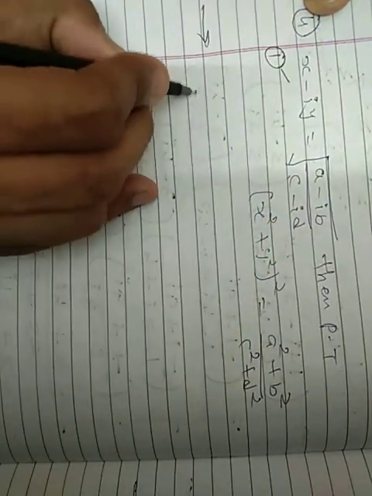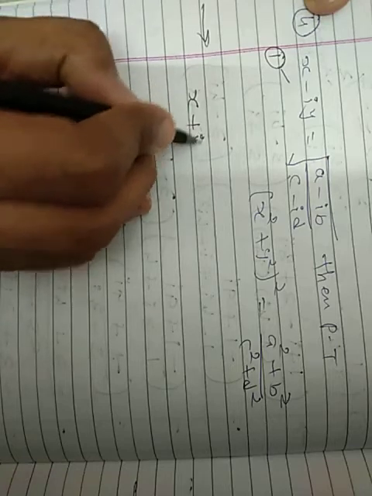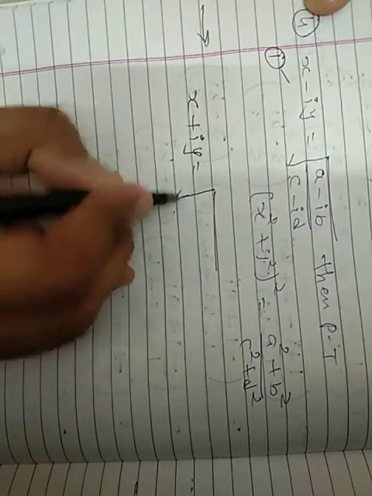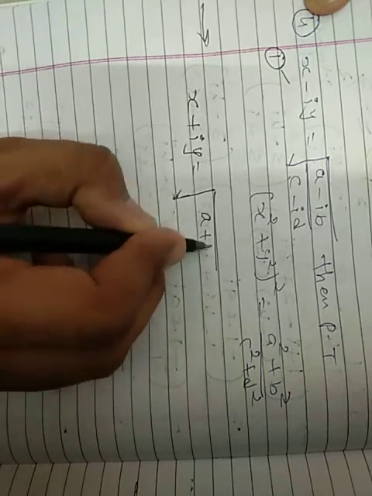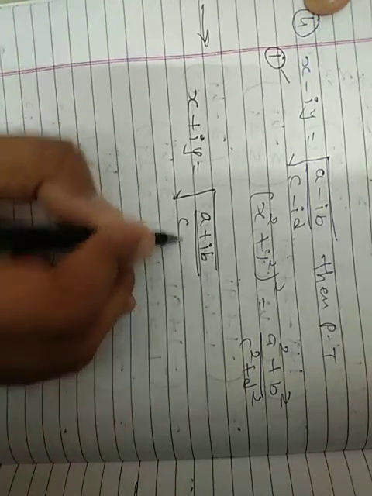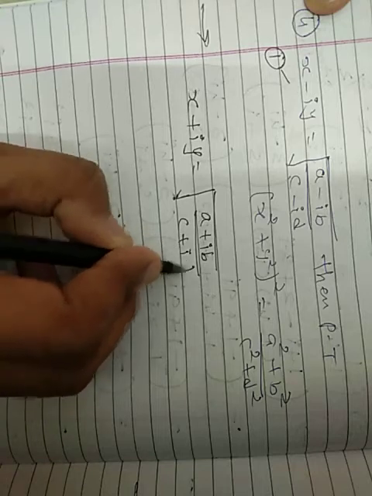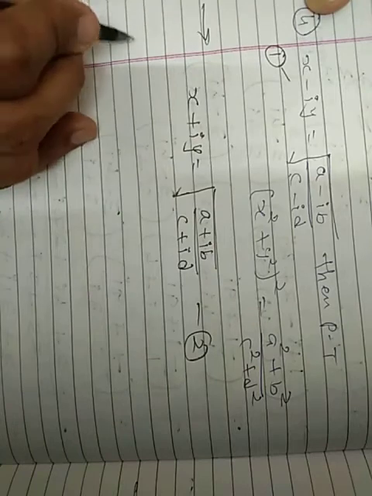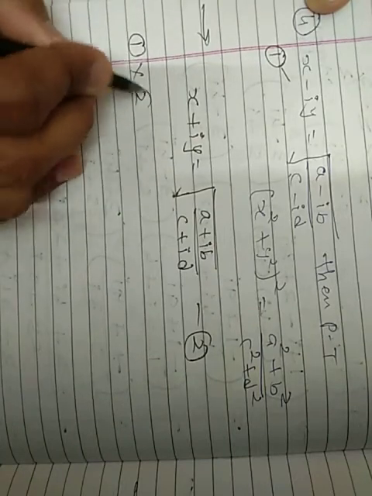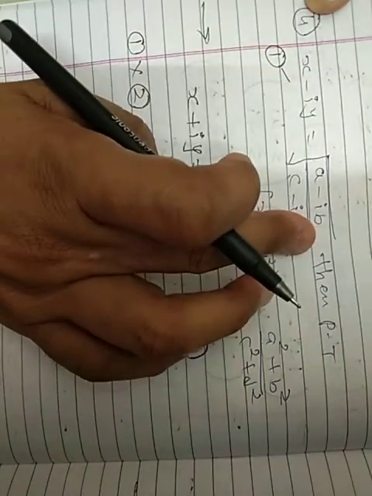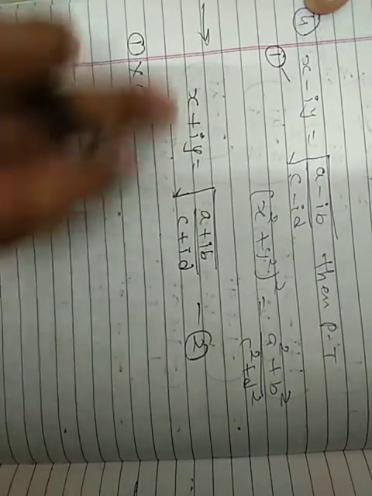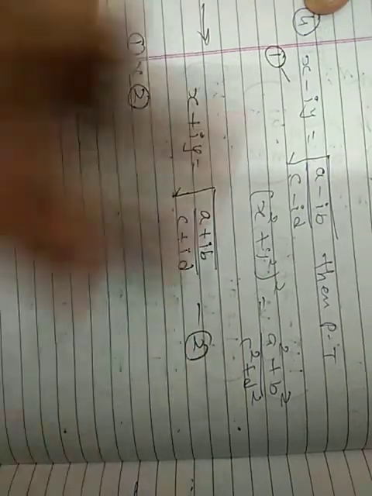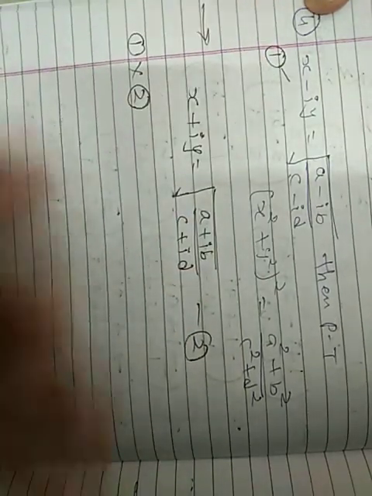Its conjugate is x plus iy equal to root of (a plus ib) upon (c plus id). Say result number 2. Now the product of 1 and 2. This one is given, then this one occurs. Say result 1, say result 2, and the product of these two gives you the answer. This is the basic method.